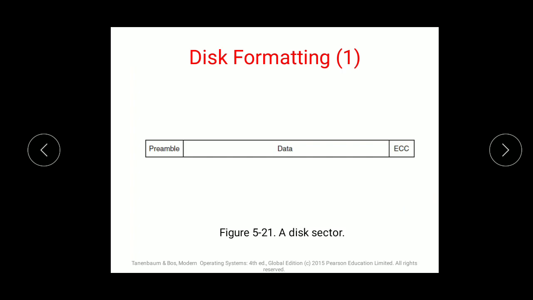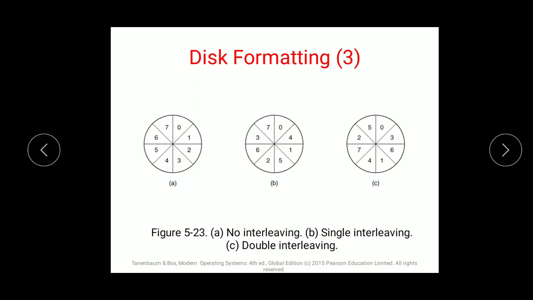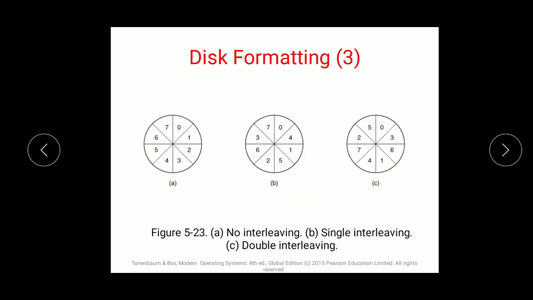Next is disk formatting. Disk formatting is preamble, data and ECC. So disk formatting is done for what? To remove the data or to clean up the data. Disk formatting looks easier, but if data is lost permanently, you cannot back it up into the disk. Disk rotation is being done, and accordingly each and every sector is removed over the disk. That is no interleaving or single interleaving; if you want to remove each and every zone of the disk, you can go with this type of format.